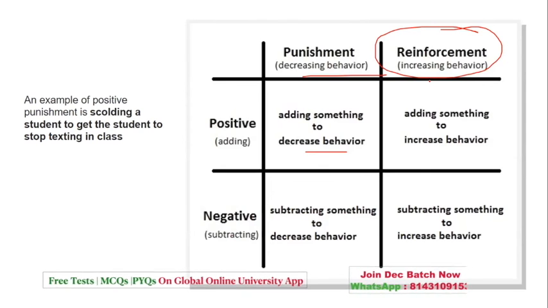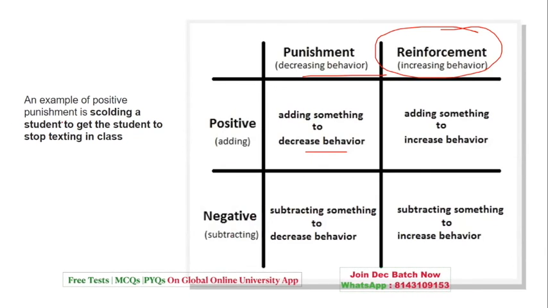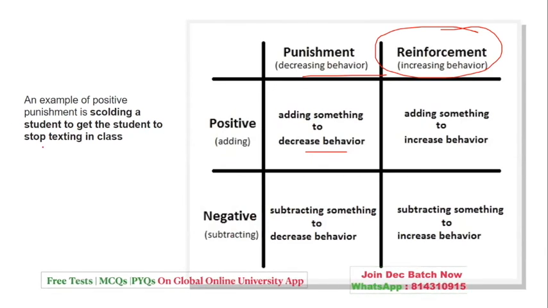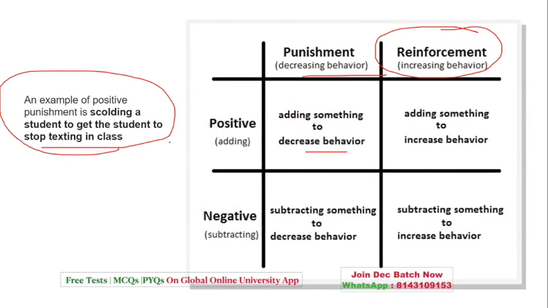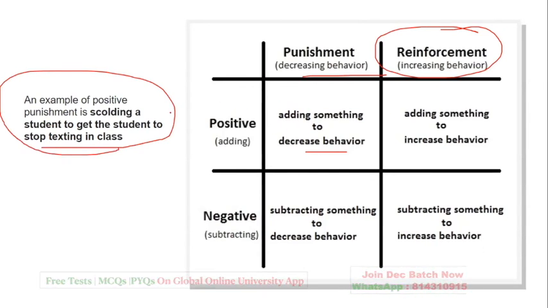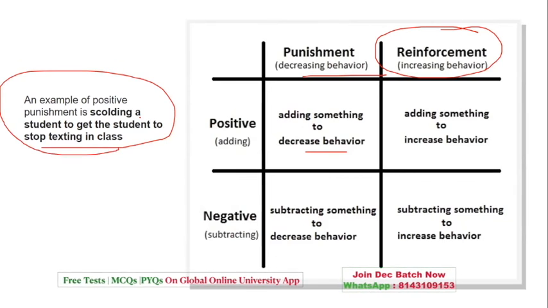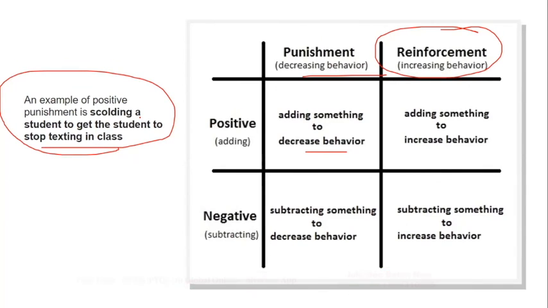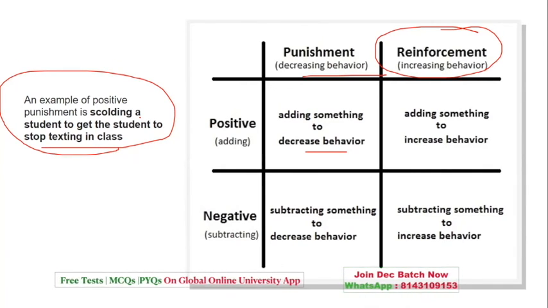So an example is scolding a student to get the student to stop texting in class. So this is one of the examples of a positive type of punishment, by removing the negative behavior. Okay. So yes,